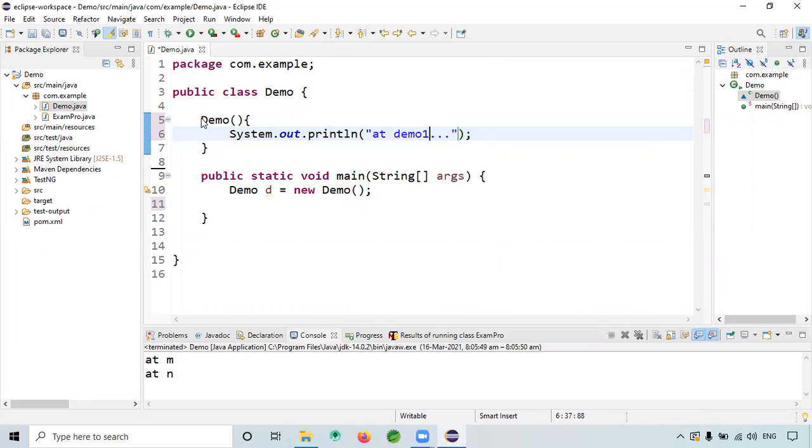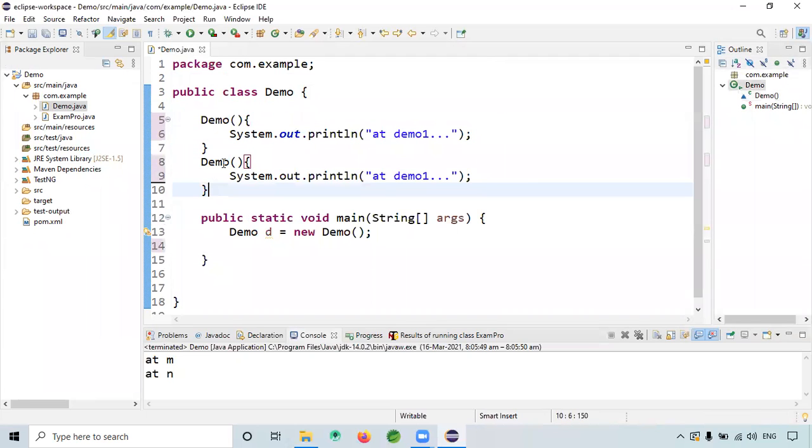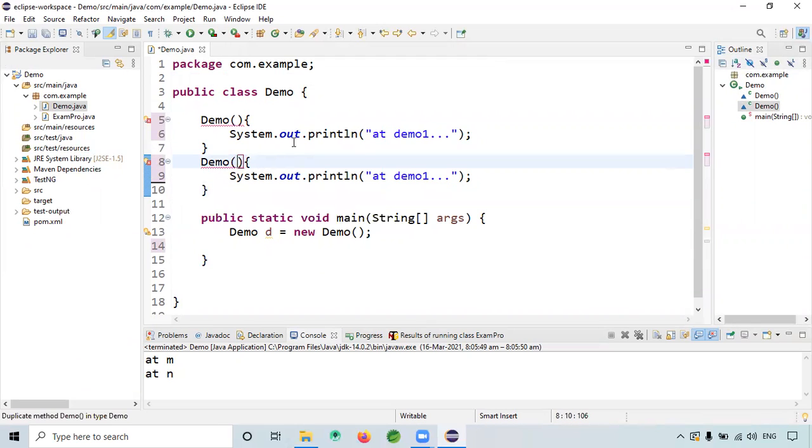Let's say I have another constructor as well, with int a, and I will give Demo two like this.